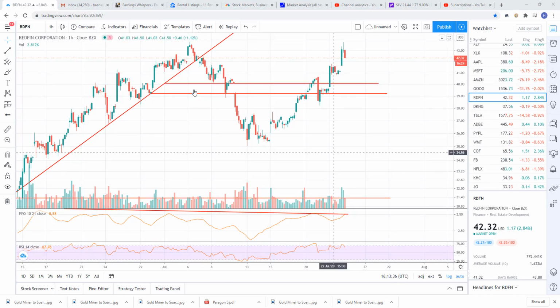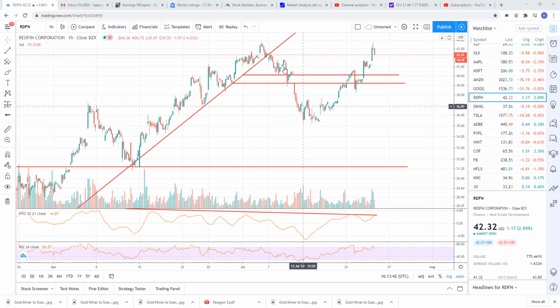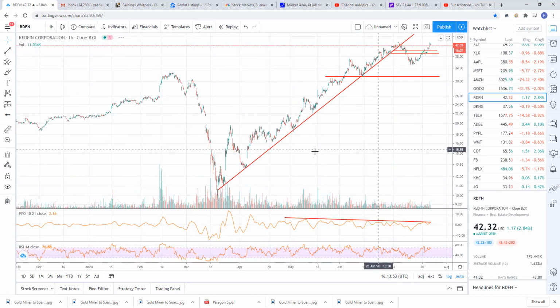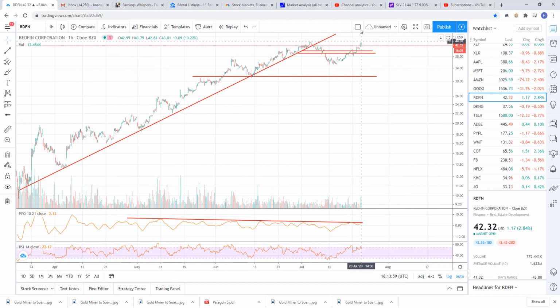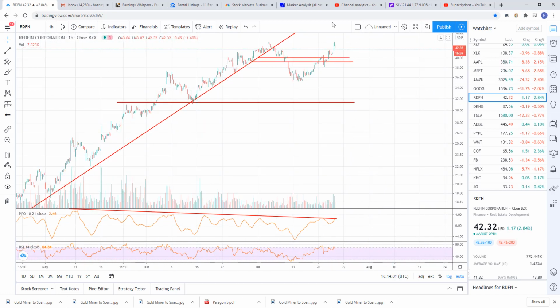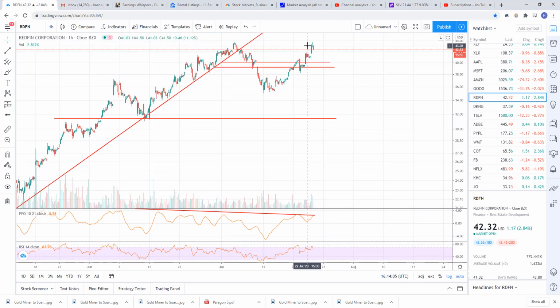Redfin, I don't have any trade on this right now, but I'm watching it. So the last trade that we did, we caught this breakdown right here, this nice impulsive breakdown. And that was good for about a 15% gain. Now we're doing a kickback rally, it looks like. So here's your trend line in Redfin right there. There's your breakdown. If this wants to run all the way up, it's got a ways to go higher. But then that would be your next objective short. Right now, it's just not objective.